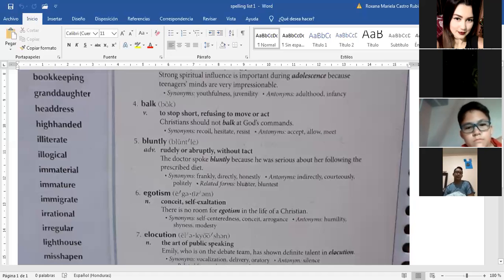Now the next, number 6. The owners, and then we have the word, refuse to even stop and consider the offer. It's an adverb. What adverb will you use? The owners, then we have the word, refuse to even stop and consider the offer. It's an adverb. Bluntly. Bluntly, exactly.